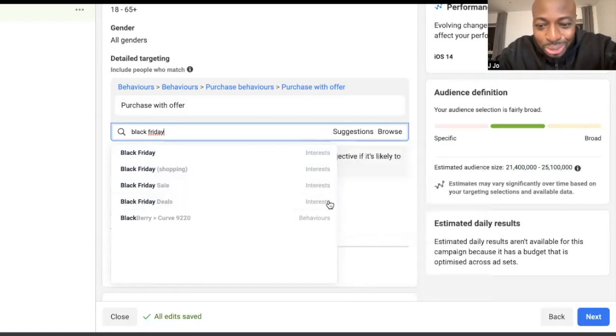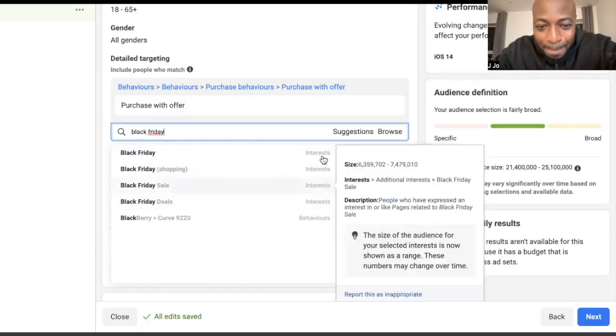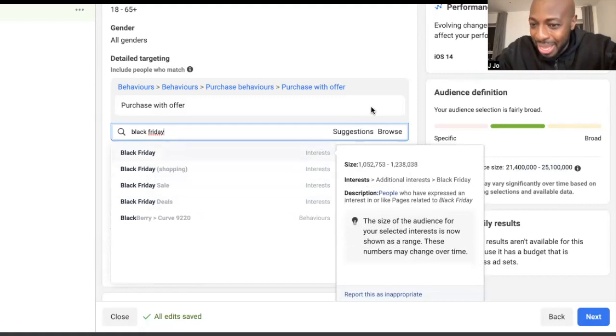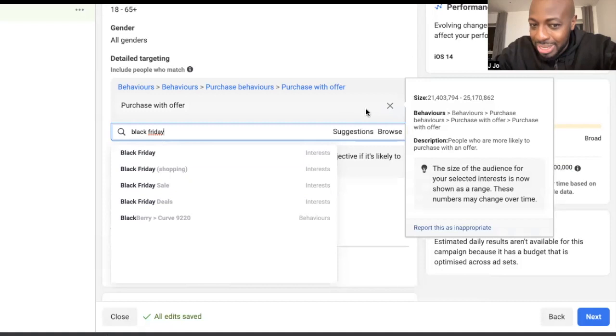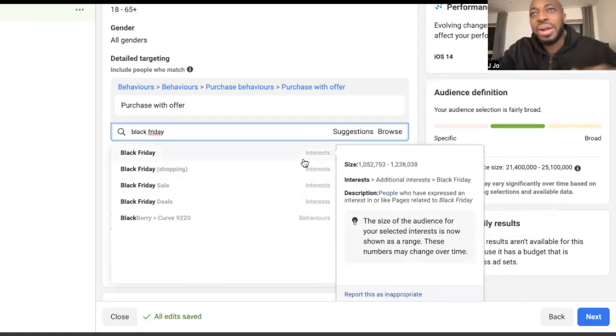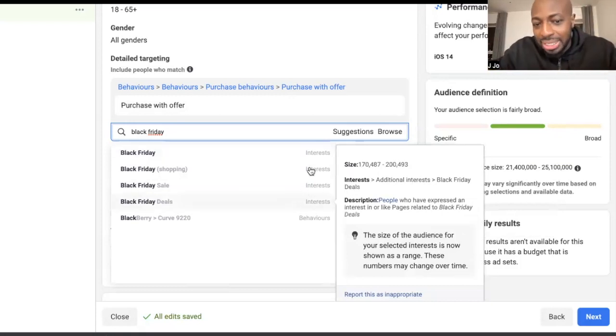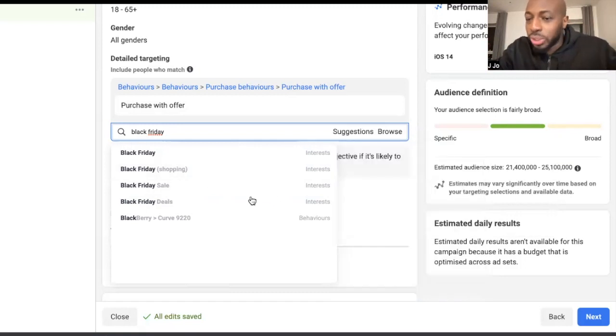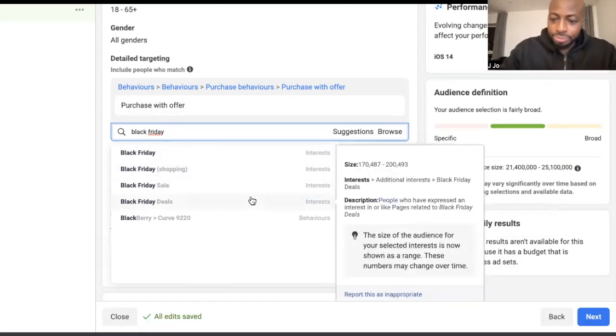Look at the sizes of these audiences. But these are interests, not behaviors. Interests, right? So these may have been people who have maybe just typed into Google Black Friday offers, and it's pretty much just showed up here as an interest, right? So these are audiences worth targeting. Another one,